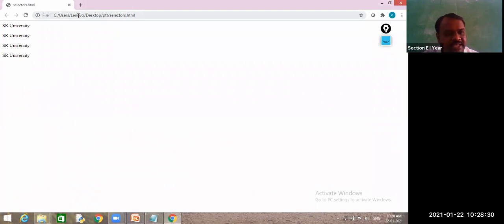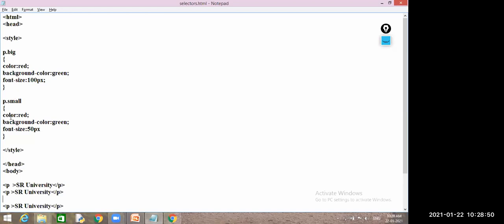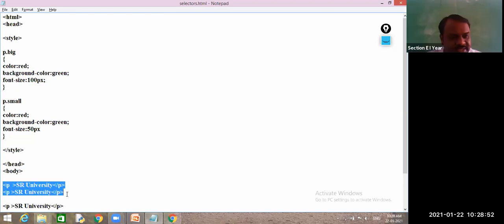Then how can I apply these classes to this one? For these first two lines, now I will introduce one more attribute for elements. For these two lines, which property are you expecting, the first one or the second one? First one, sir, these two are 100 pixel.